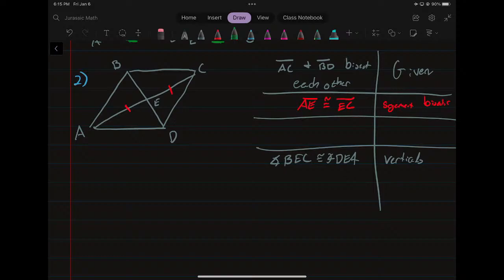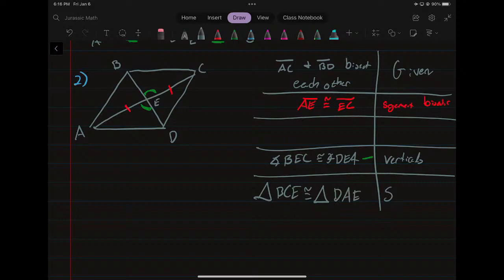So that means B to E to C, so this one and this one. And then finally they say that the 2 triangles are congruent. So they say triangle BCE is congruent to triangle DAE